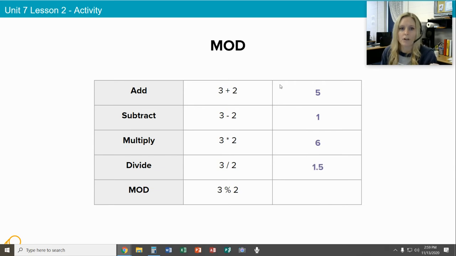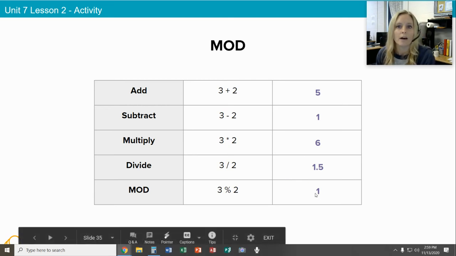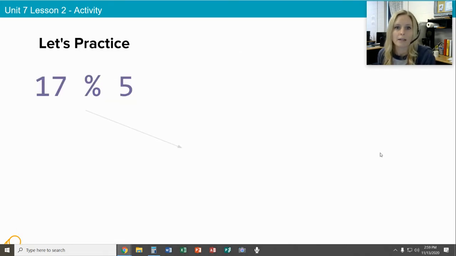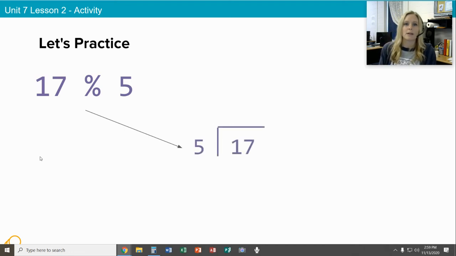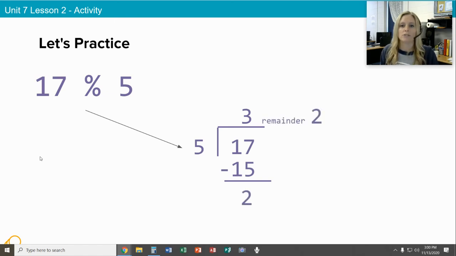So here we have all of our previously used operators. And then we have our mod operator. So 3 divided by 2 is not going to come out evenly, and therefore we will have a remainder of 1, and that is the answer to the mod problem. And let me just show you one more example. If we have 17 mod 5, that's how we say it, that's how we write it. 3 times 5 makes 15. 17 minus 15 is 2. So we would answer that normally with 3 remainder 2, but in a mod problem,